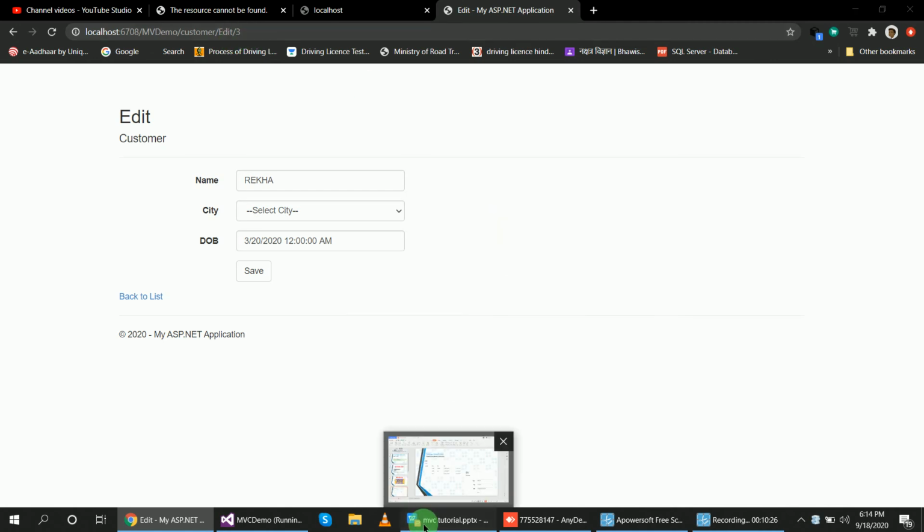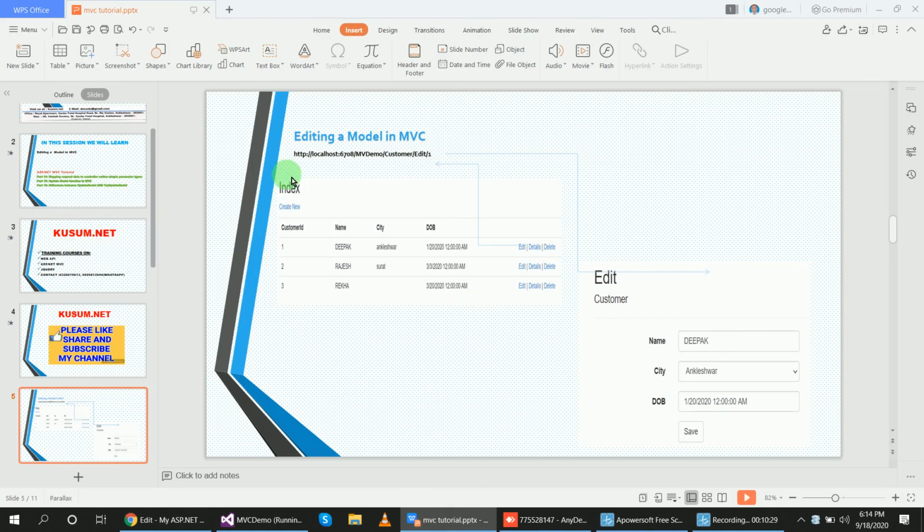In this slide I have displayed this is my list view, and when I click on this edit button I will get this link, and with this link I receive the ID, and using that ID the MVC application generates this editing form.